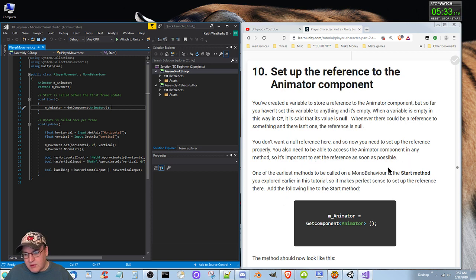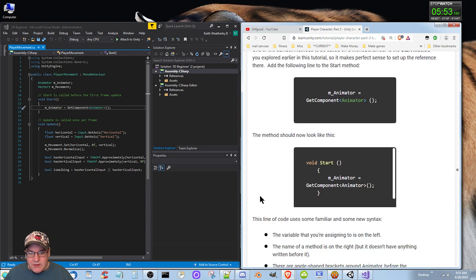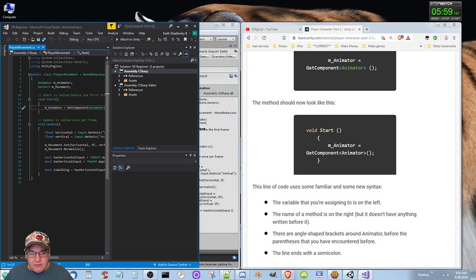You need to be able to access the animator component in any method, so it's important to set the reference as soon as possible. One of the earliest methods to be called on MonoBehaviour is the Start method. You explored this earlier, so it makes perfect sense to set up the reference there. Add the following to the Start method, which I did right here: mAnimator equals GetComponent Animator. The method should now look like this, and it does, with the exception of